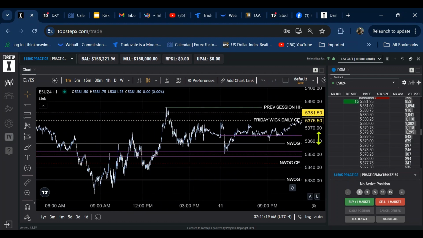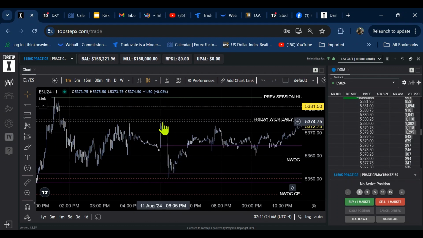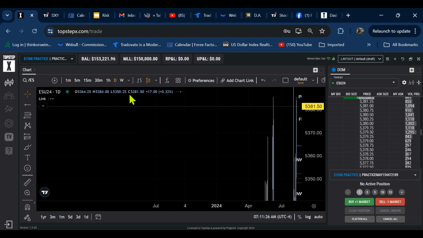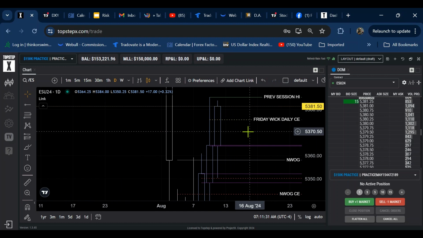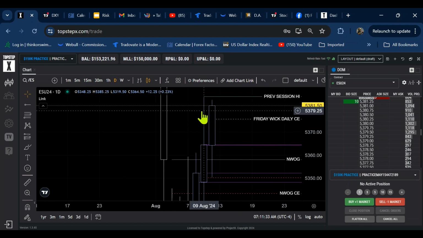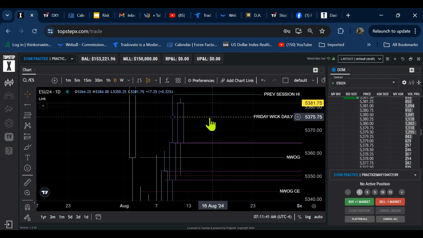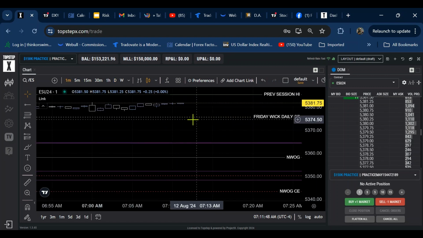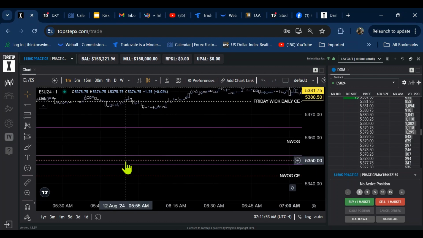Okay, so that's another thing I marked out on the daily: the market views these wicks, this wick right here, as a gap. So I always mark the halfway point of that. And that would be the consequent encroachment, the halfway point. And I do that with a Fibonacci. So let's go back. So I had marked out this consequent encroachment line, and I'd marked out this opening gap from Friday right here,